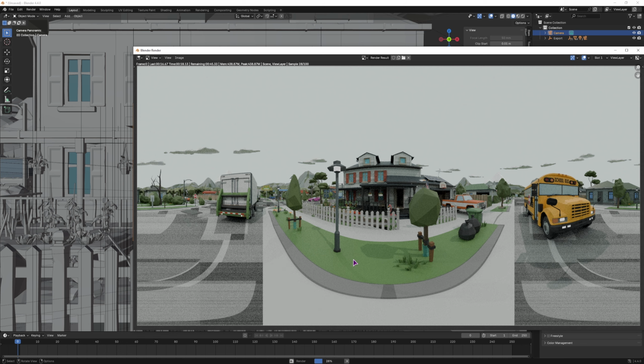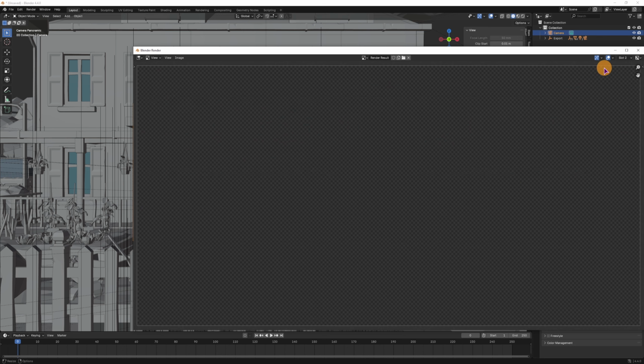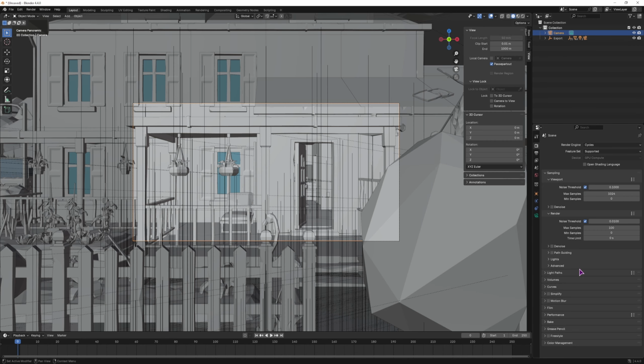And just so you know, this is like a point of view, as if you were standing in place when you took a 360 photo, so you will be able to move around with your mouse and see everything from this spot. So this could be image number 1. Of course, it doesn't look the best because I have disabled most of the samples, but we could now move the camera, so I can do camera to view,